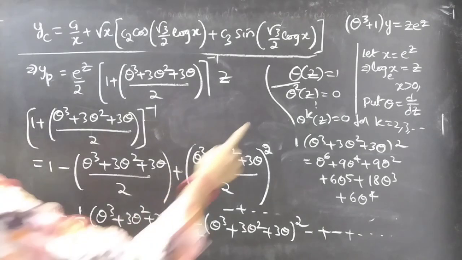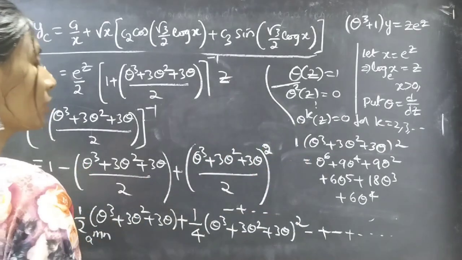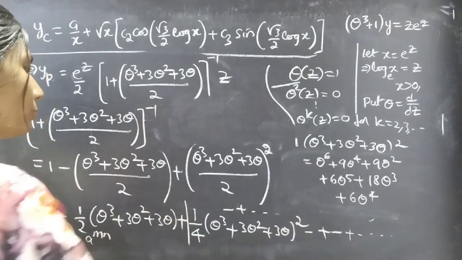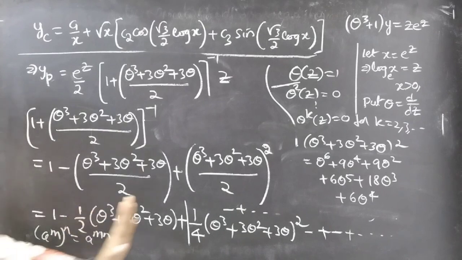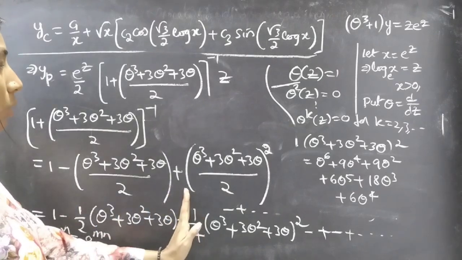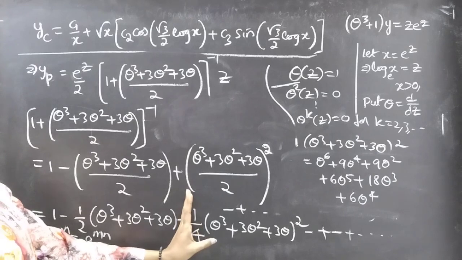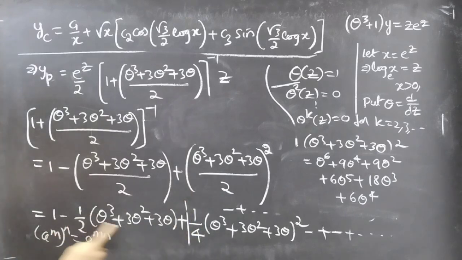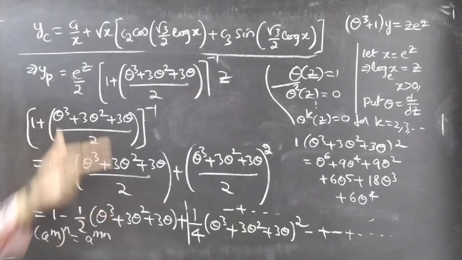Since all the higher derivatives from here are 0, we'll neglect all the higher derivative terms from here. Because we know that from the third term we'll get higher derivatives, we'll take only the first two terms. Now coming to yp,